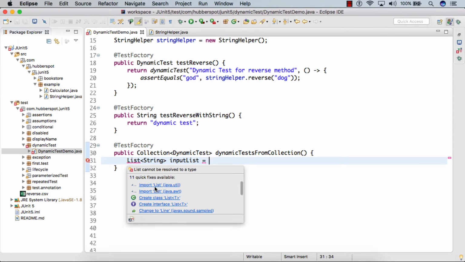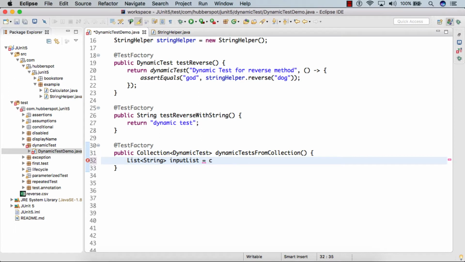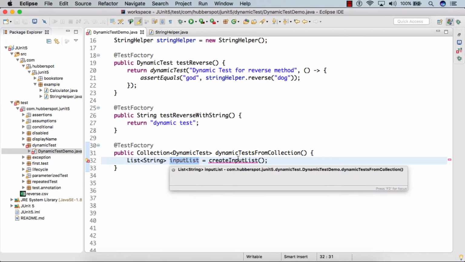We'll import List from java.util, and let's say we create a method which returns us the input list.